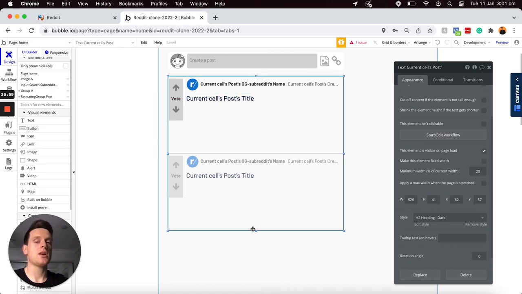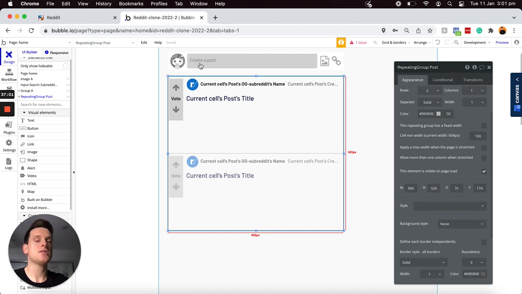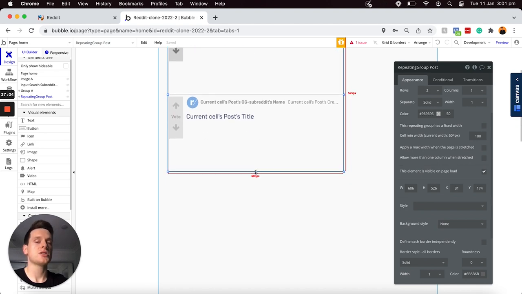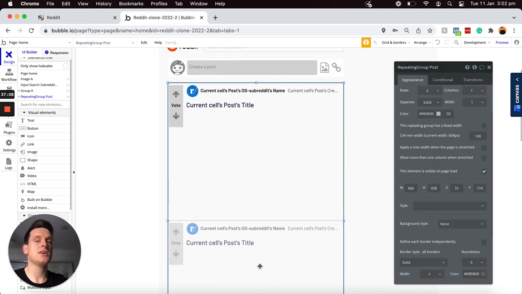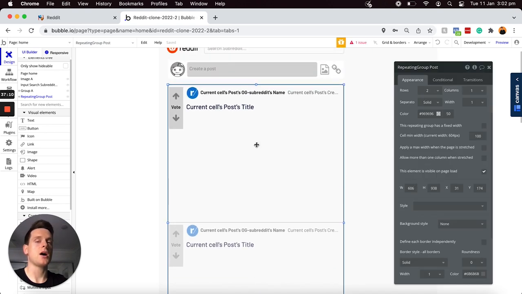But before we do that, we're going to need to expand the height of our repeating group down quite a bit, just so we have a bit of working space here. So I'm going to drag that down at my page there. And of course, we can drag that back up if we no longer need any empty space by the end of this. But first, what I'm going to do is I'm going to add in a group element to our